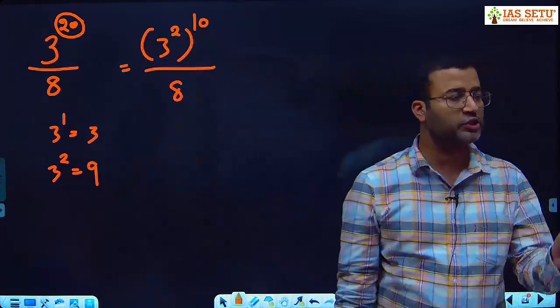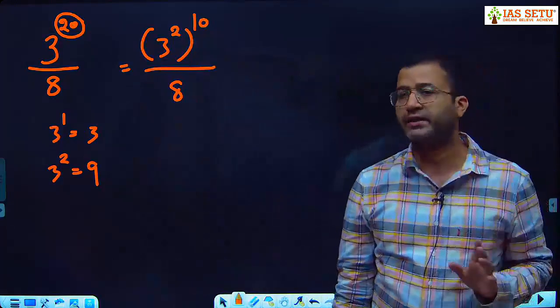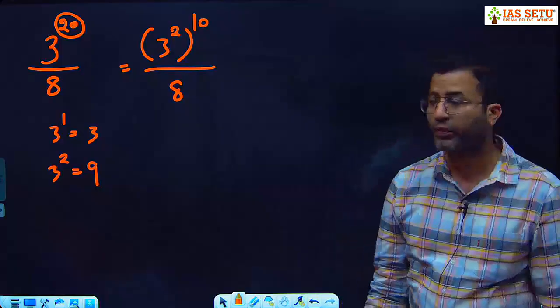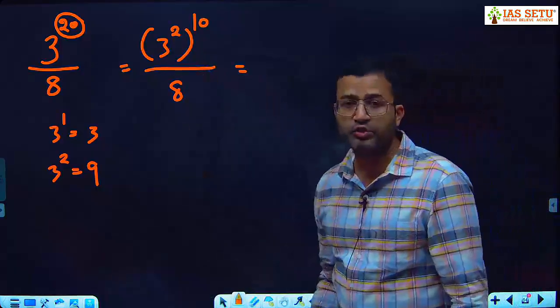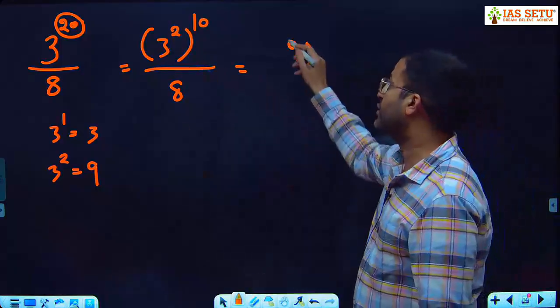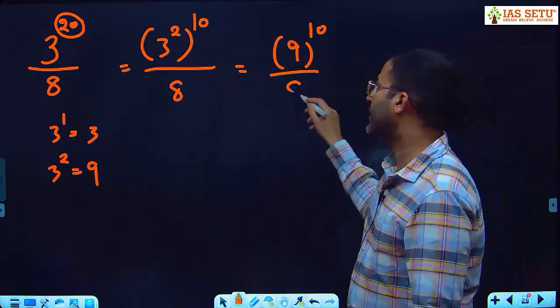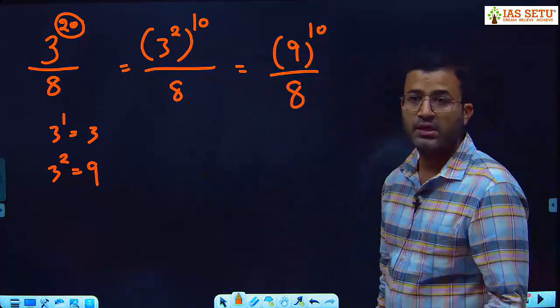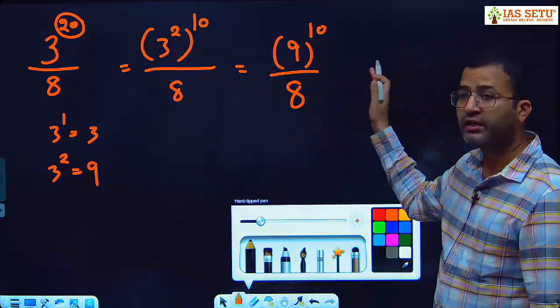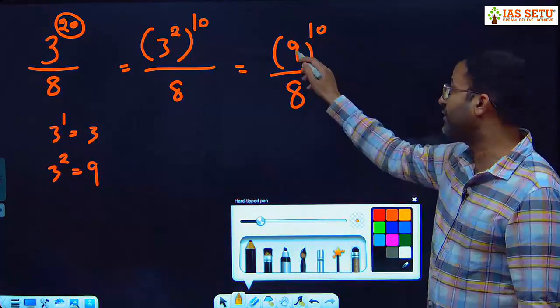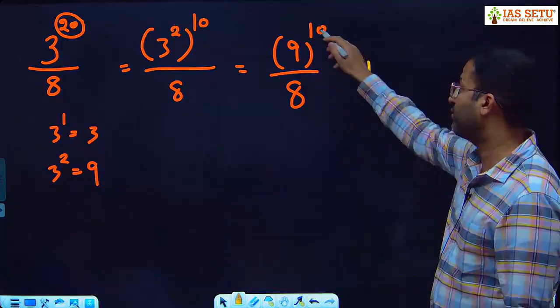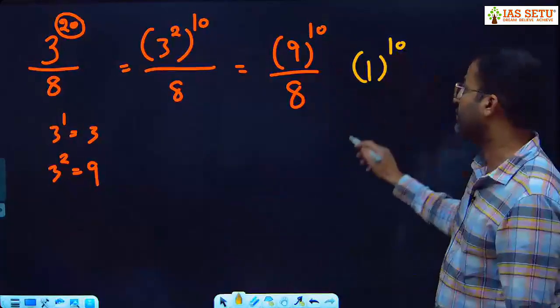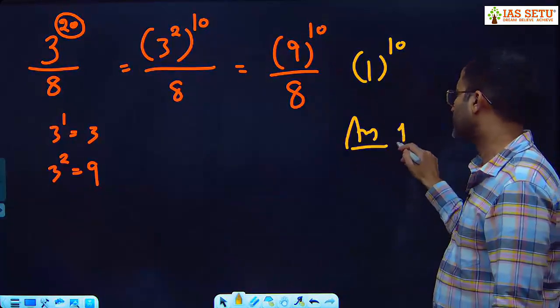I can write 3 to the power 20 as 3 square, bracket 10. Total power 20. Now here what is 3 square? 9. So it is 9 to the power 10 divided by 8. Then you can say it is 9 into 9 into 9, 10 times. Every 9 with respect to 8 gives remainder 1. How many times? 10 times. So our answer here is